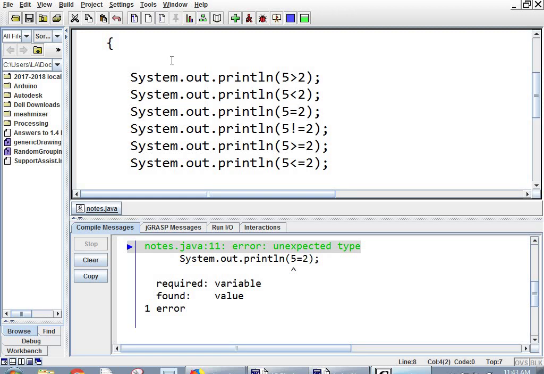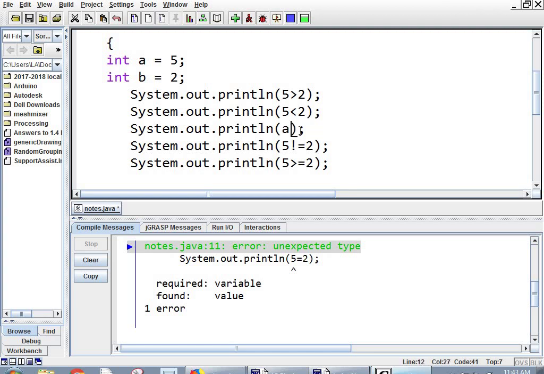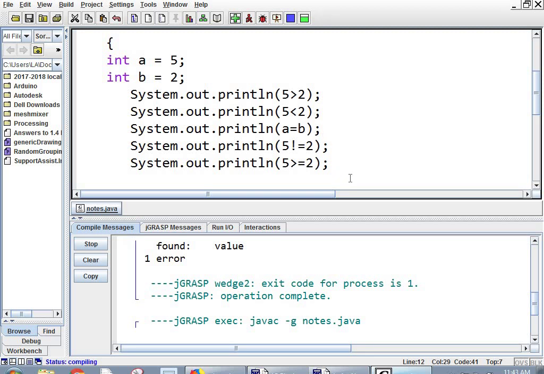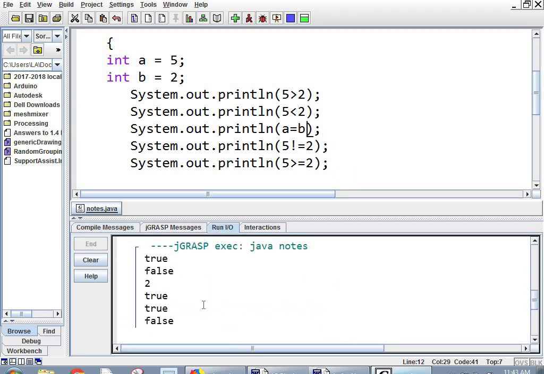All right, but if I said int a equals 5, int b equals 2, and then right here I say a equals b, pretty sure it'll compile. I mean, I didn't try that ahead of time. Yeah, and it's just printing the number 2. Because that's not quite what we wanted. We wanted a true or false here, and when you use one equal sign, it's taking the thing on the right and shoving it into the thing on the left. So, all right, well, that's